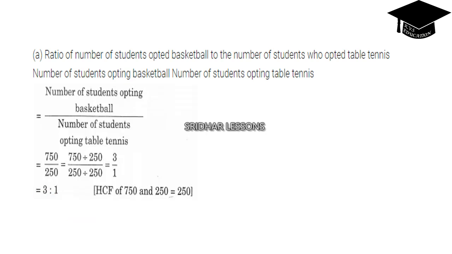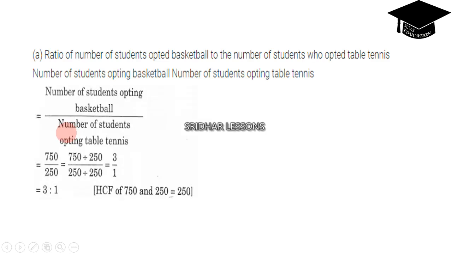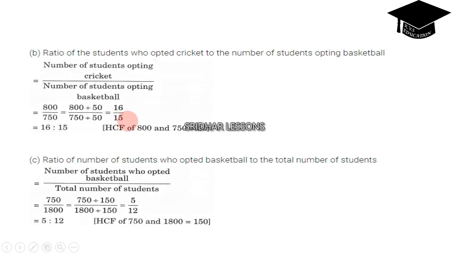Okay, next question number B. Ratio of the students who opted cricket to the number of students opting basketball. This is 800 by 750. 50 table cancels 800 16 times, and 750 15 times. So we can write this as 16 by 15,